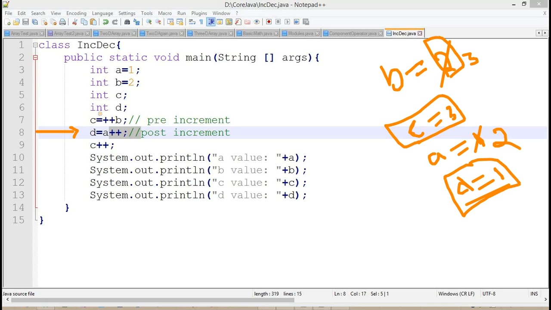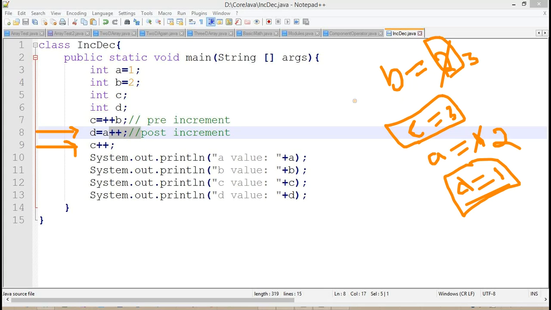We need to understand. And finally, the line number 9, what we are doing here. We are trying to increase this particular C++ here. If it is ++C, the value is incremented initially. But now we are trying to post-increment here.